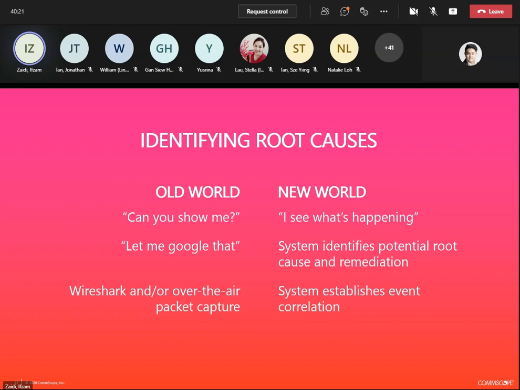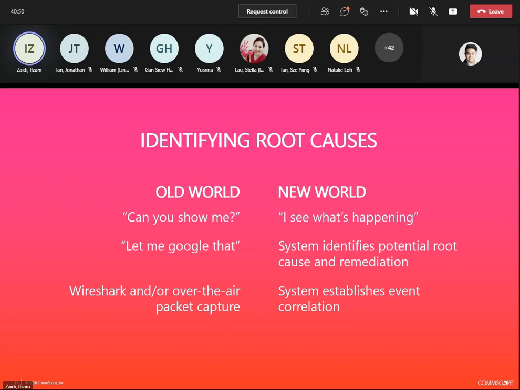In the new world, you can look in Ruckus Analytics and see what is happening. In the old world, once you knew what was happening, you needed to Google it for information and other things relevant to the problem. Using Ruckus Analytics, it will automatically identify the potential root cause and remediations.